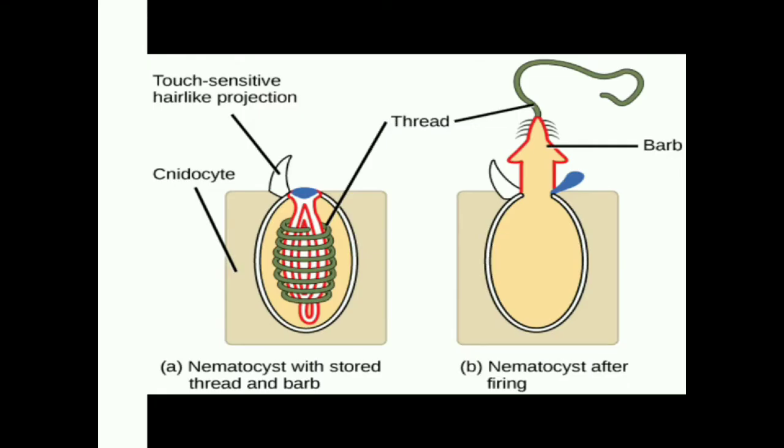Then see here special type of cells called nematocysts or stinging cells, also called cnidocytes. These cnidocyte cells secrete poisonous secretion for paralyzing the prey as well as offense and defense mechanism. See here, these are the two diagrams of this nematocyst before and after firing. Before firing the thread is present inside this cavity, but after firing this whip-like structure or thread comes out from the opening of this nematocyst cell.